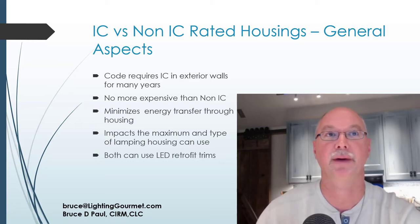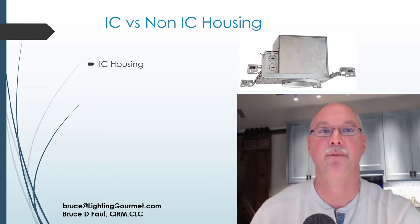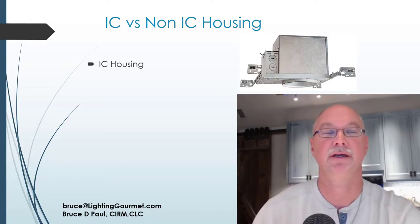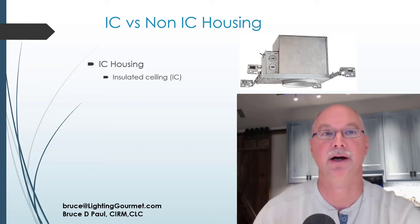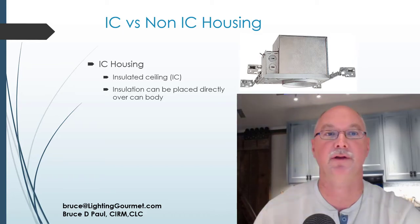Let's talk specifically about an IC can. Over my head is an example of a 4-inch IC housing. It is a big body. That body allows the heat to dissipate within that body from the bulb. So you can put insulation right on top of that box. You can put 4 inches, you can put 4 feet. It doesn't really matter. That can needs to run 24/7 under those conditions. You just need to lamp it correctly and it'll keep running and running, and it has enough space to dissipate